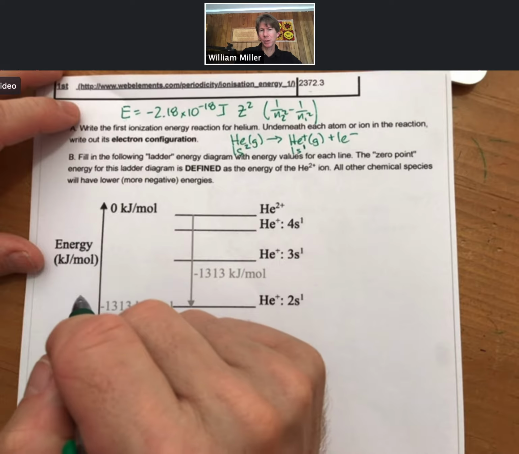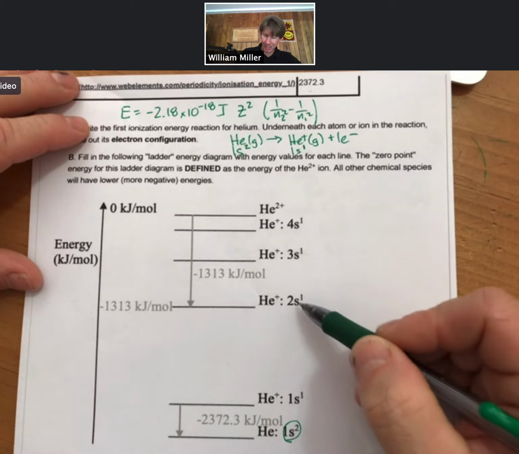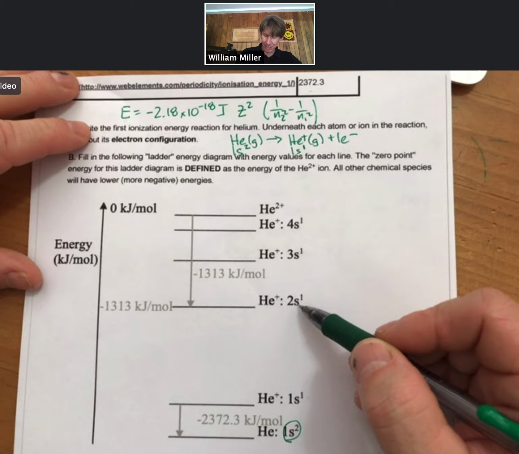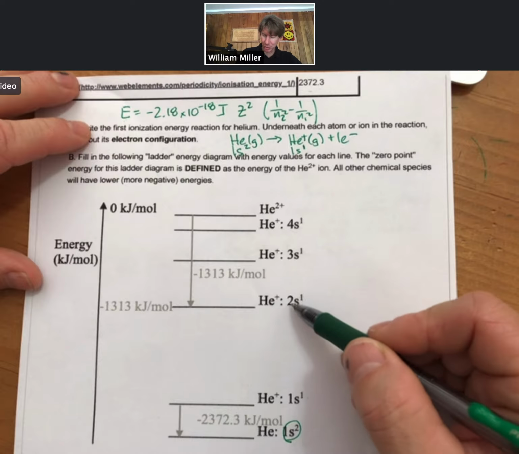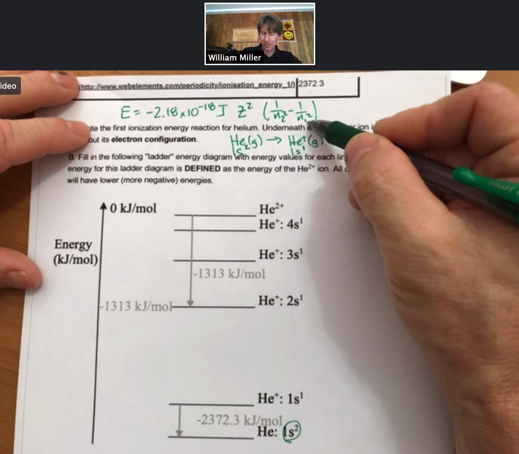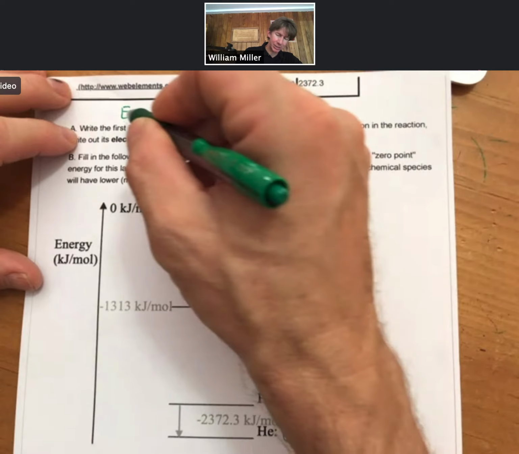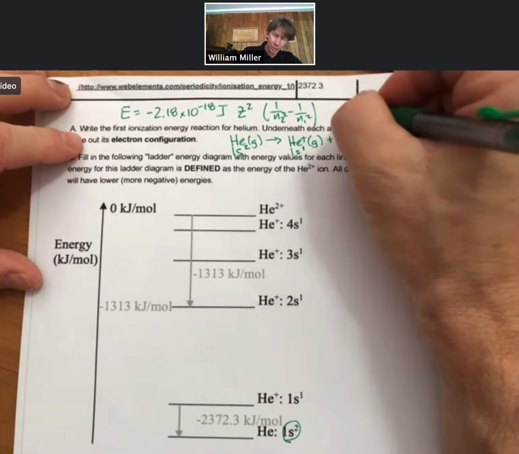For example, if you wanted to find the difference in energy between n equals 1 and n equals 2, let's say we start at 2 and we go to 1. We would put n1 equals 2, n2 equals 1, and we could calculate the energy in joules per photon,